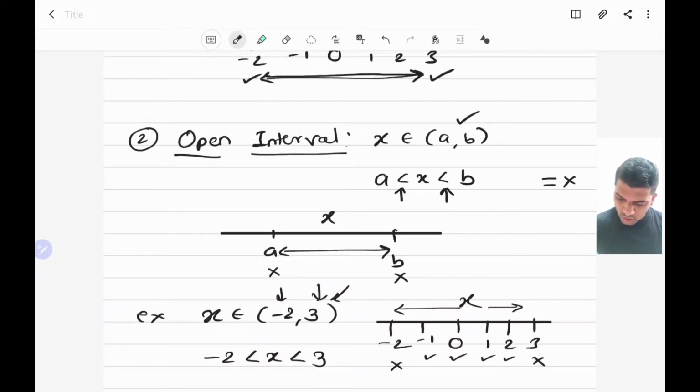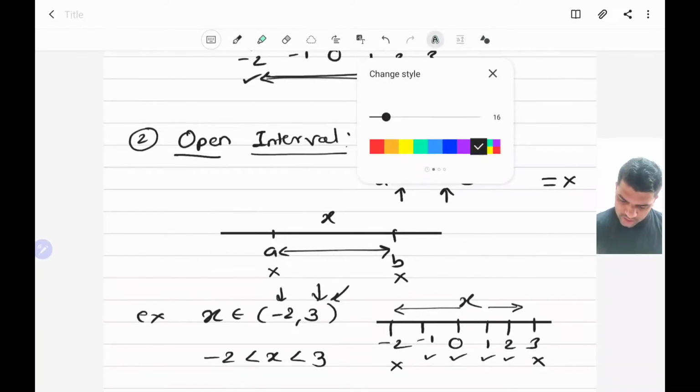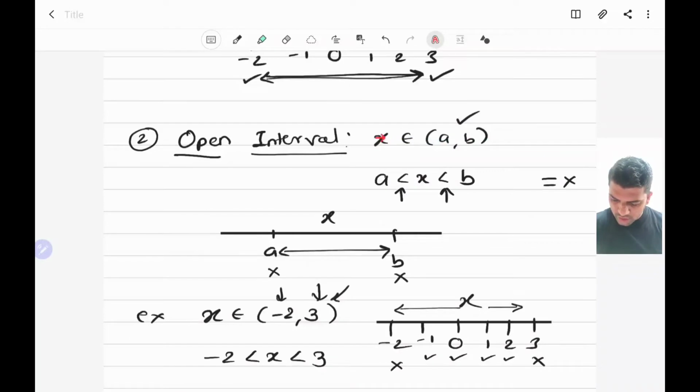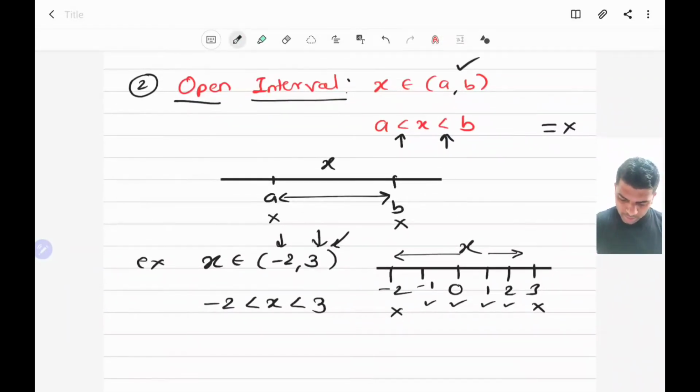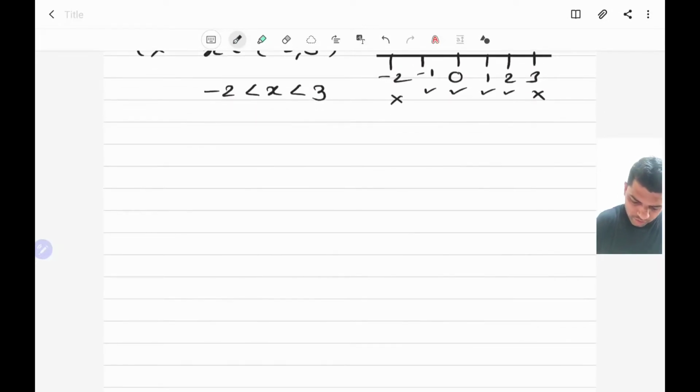So this is the meaning of the open interval, and as I already told you, maths is a symbolic language. So try to understand, in an examination, to represent the open interval, they might give you the presentation as this one or maybe this one. So there are two ways to represent an open interval. Okay, then the third type of interval is called